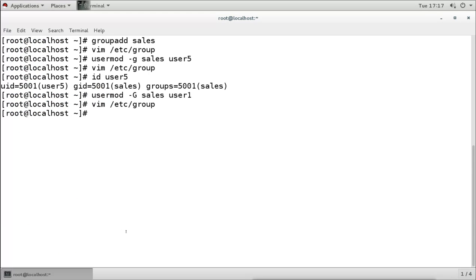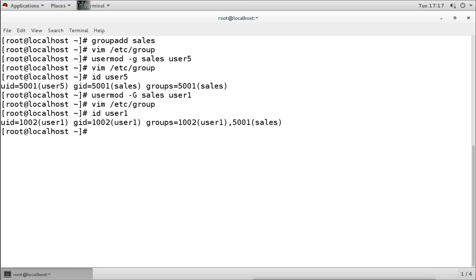We can use the id command for user1, and we can see here that this user with this UID has a primary group with this GID and this name, user1. So user1 has its own primary group. Now which groups is user1 a member of? It is a member of its own primary group, and also of this sales group. So user1 is a member of these two groups: its primary group, and this secondary group.